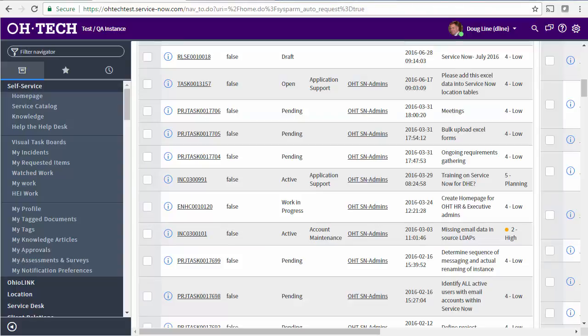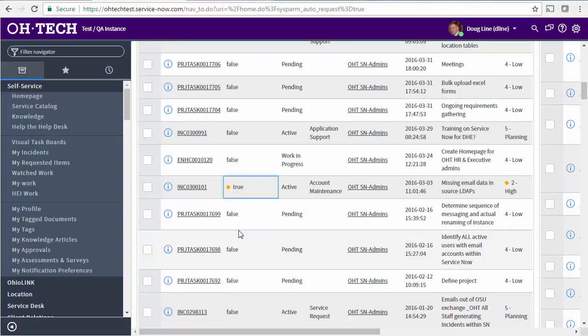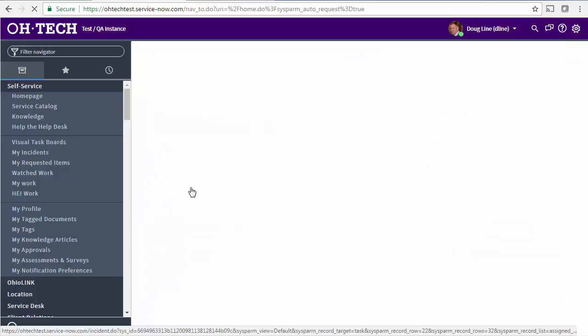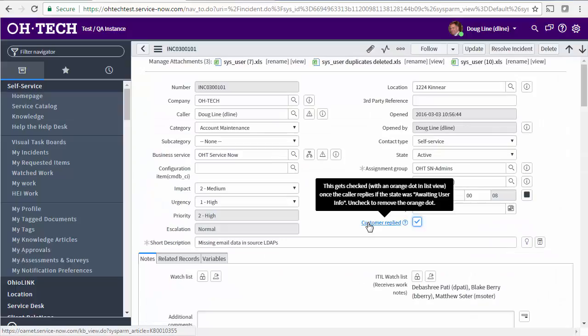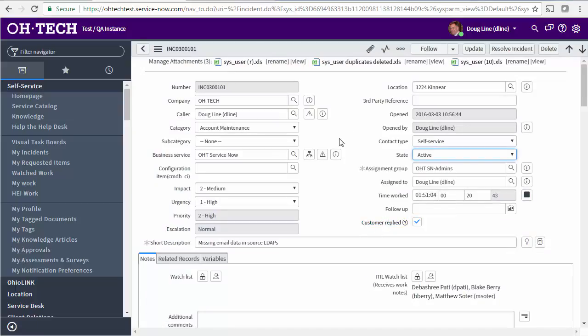A few interesting items to note. I want to point out there are a couple different ways to turn that indicator off. When you're looking at any of your items in a list view like this, you can simply double click on the item itself and change this from true to false. That will eliminate that. Or if you go into the incident itself, as a best practice, come back into the incident, click the check mark next to customer replied,